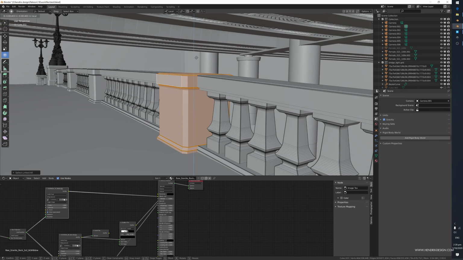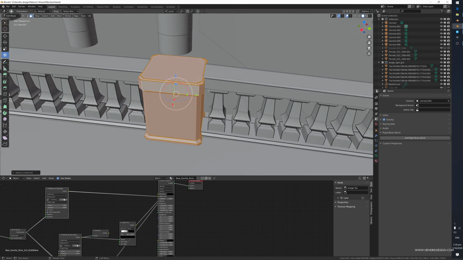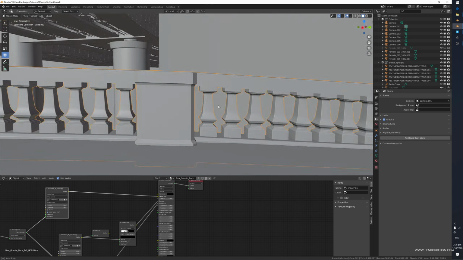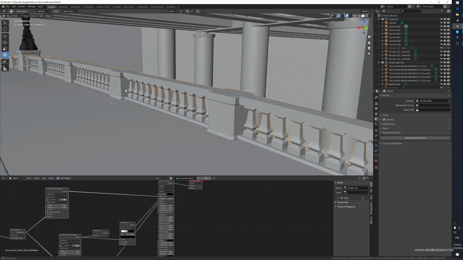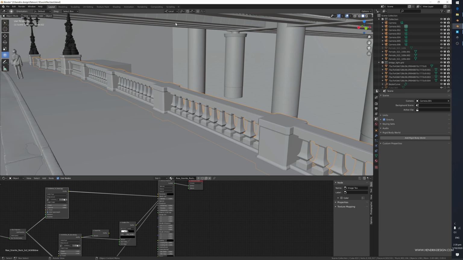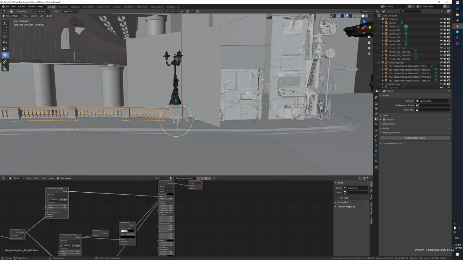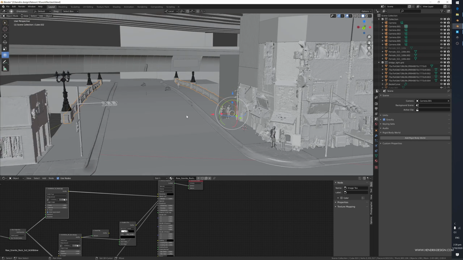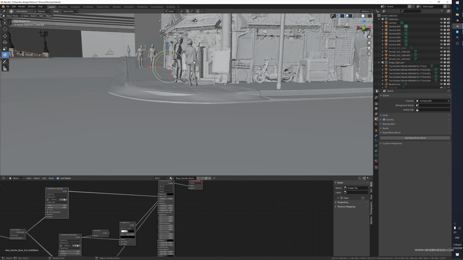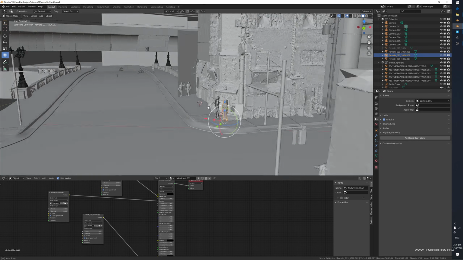Oh, why is this not working? Okay. So there's really nothing fancy about this. It's just pure geometry, and then I pulled it up a little bit in the middle with the proportional editing tools. Now, some of these, of course, I have my usual 3D scan models in there